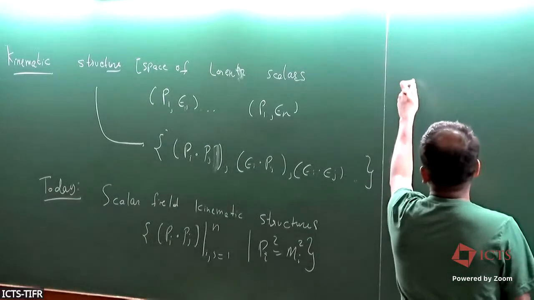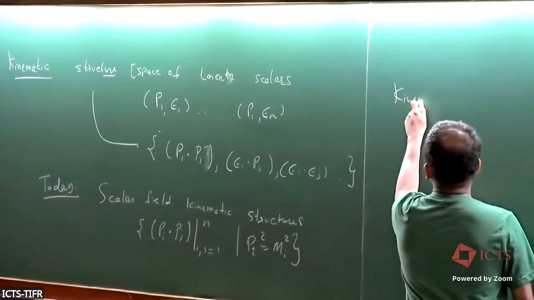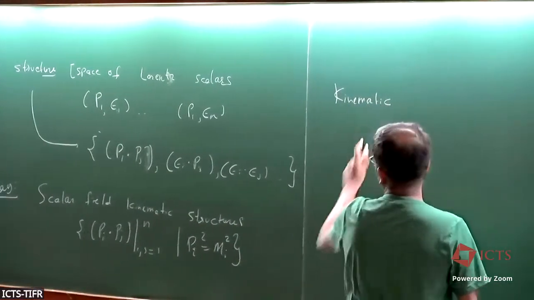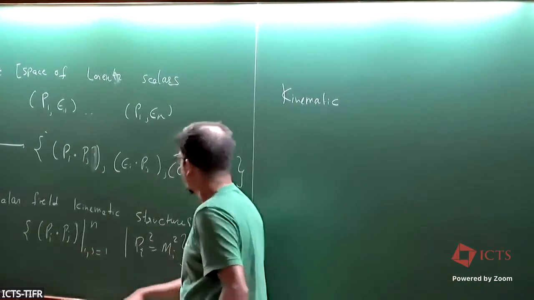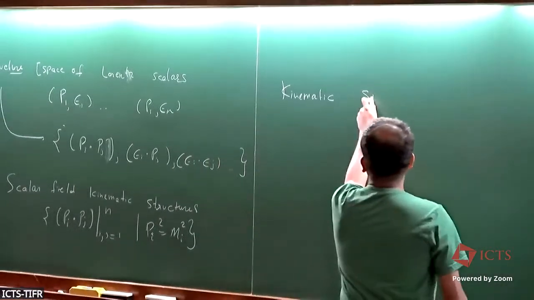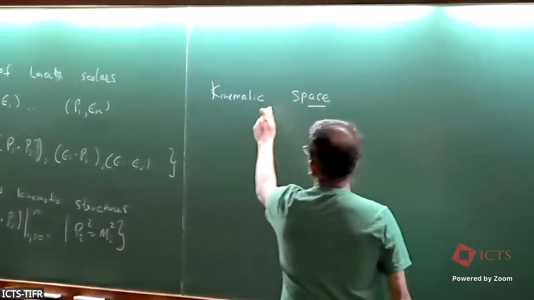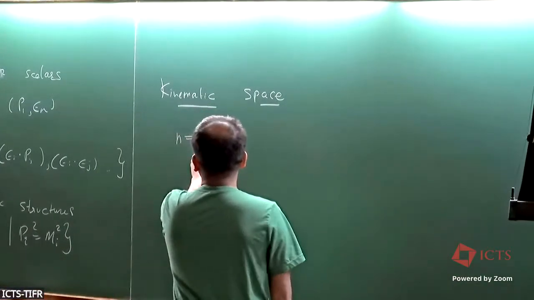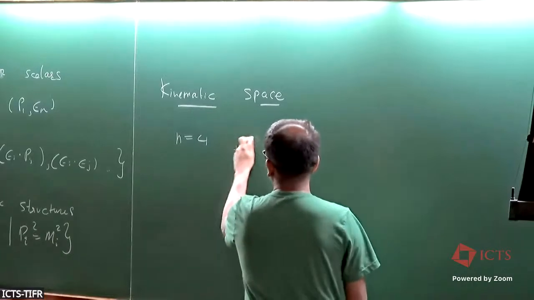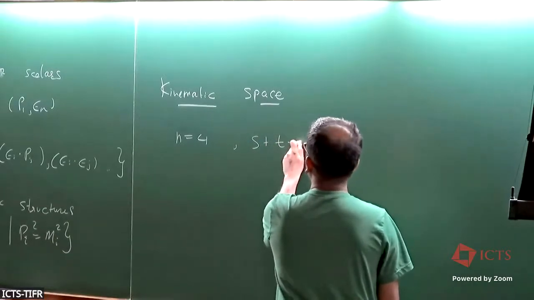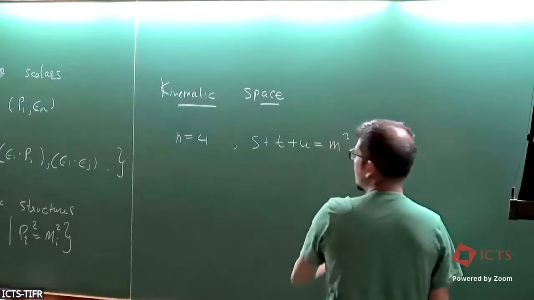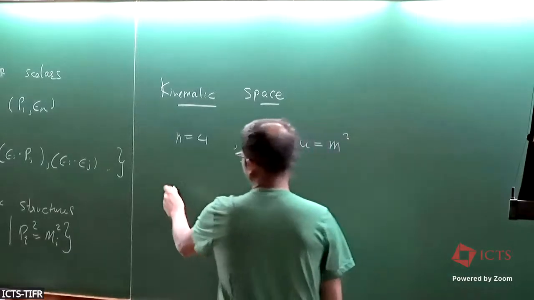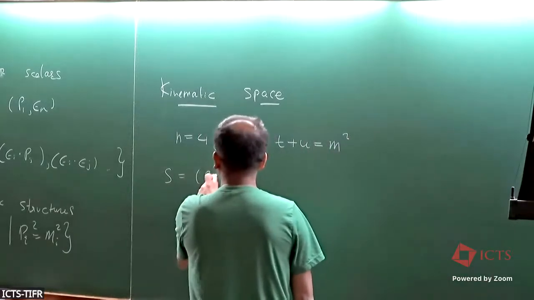This kinematic space has a convenient basis that we are going to keep in mind. So this is the kinematic space, by the way. Of course we know that all Mandelstams are not independent. You will be familiar that for 4 particles, if you have a single mass m, then we know that s plus t plus u is m squared. And just to set the notation,